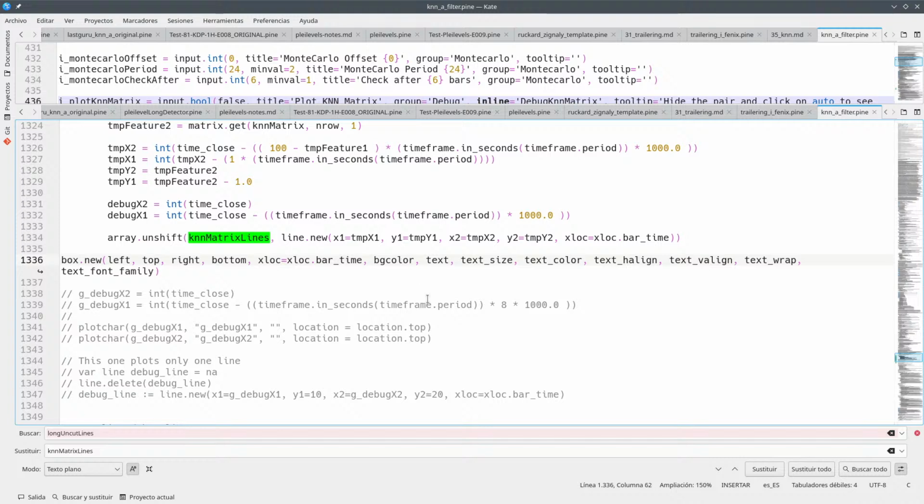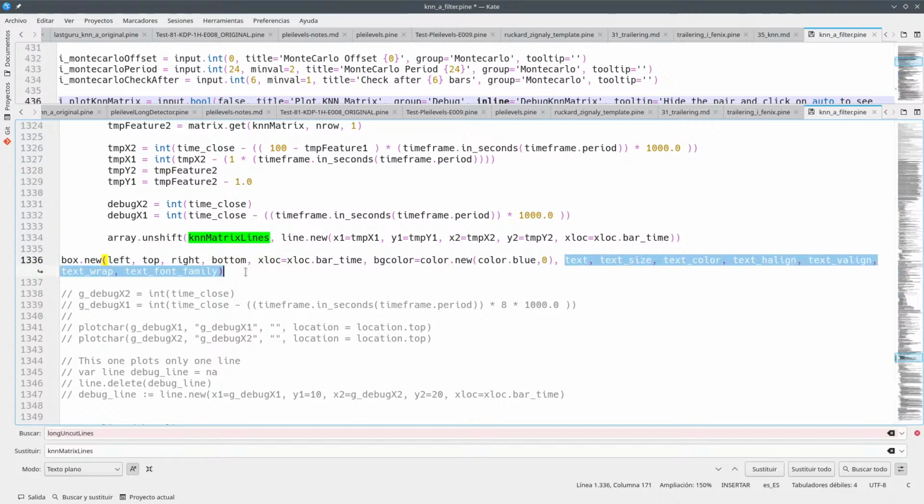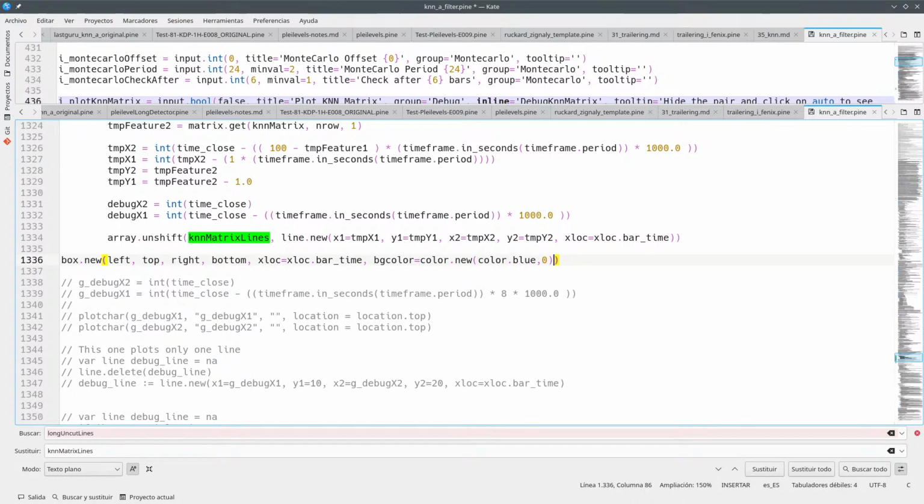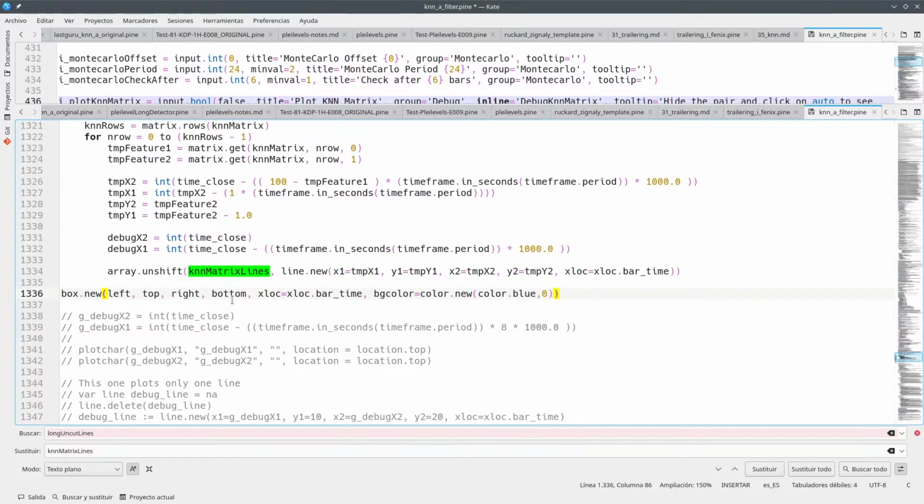So background color, it's going to be color.new color blue, but with 0 transparent, so that this works properly. Text, we don't want text, we don't want size text. Yeah, we don't want any of this. Perfect. So left, top, right, bottom. This is going to be, so on the left. Okay, so this is top. So the left